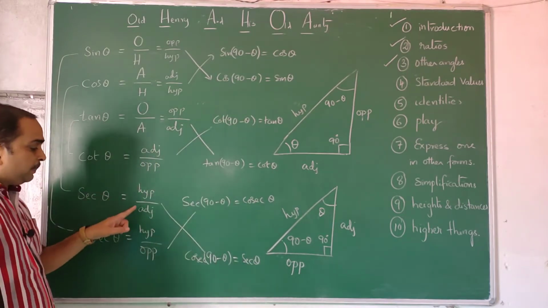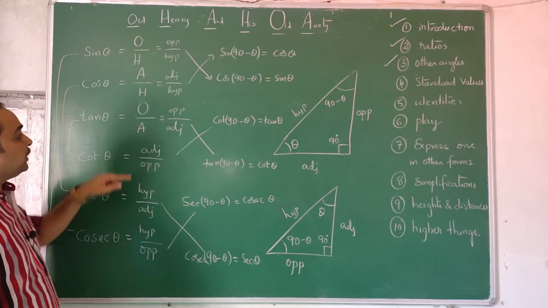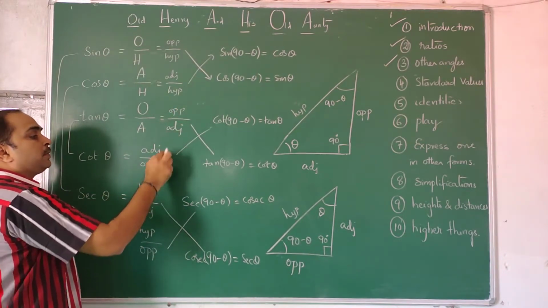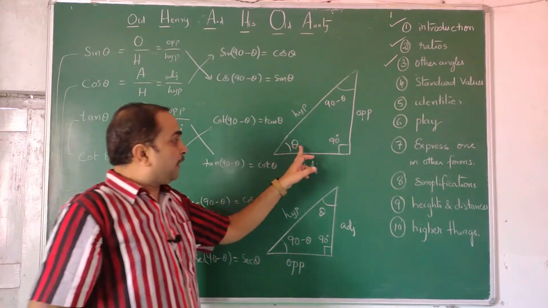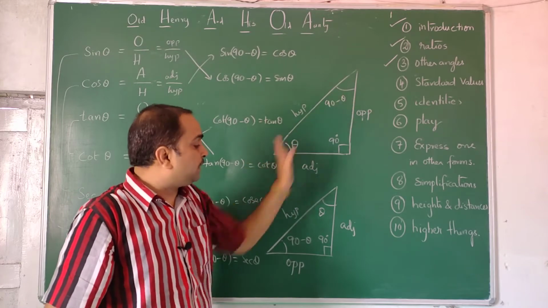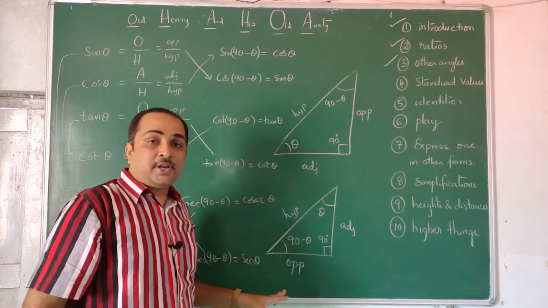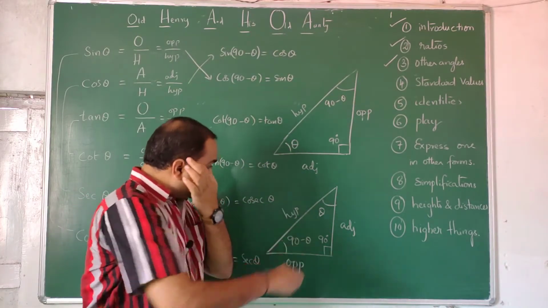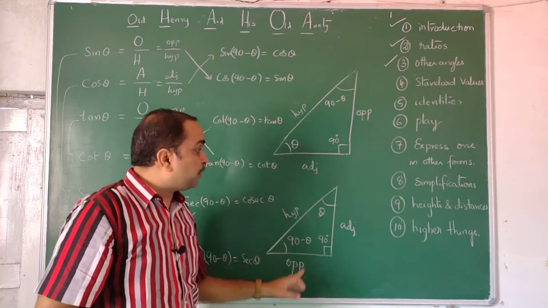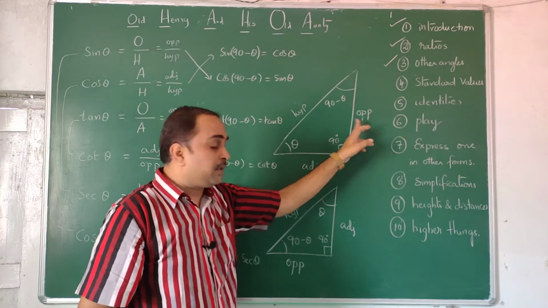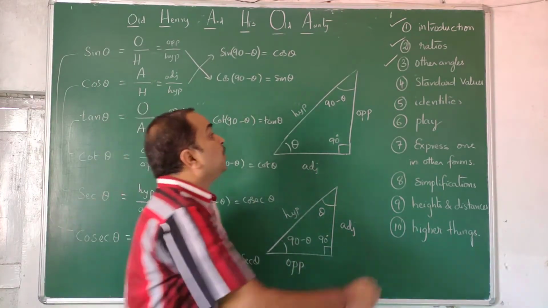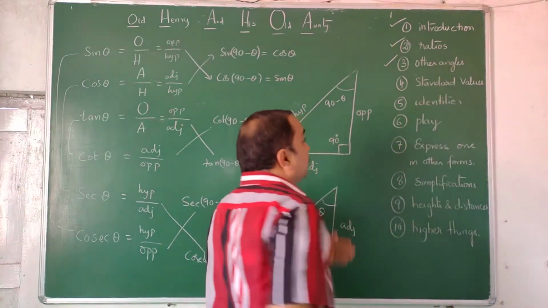You can see again here also, hypotenuse is unaffected. Adjacent becomes opposite. Opposite becomes adjacent. That's why wherever theta you have written, if you don't like that and you want to take the other as theta, then both of them get exchanged. Keeping the triangle same, everything same, just the names. Previously it was 4 and 5. Now also it is 4 and 5. But the only thing is previously the 4 was called opposite. Now the 4 is called adjacent. This logic you apply to understand other angle formulas.